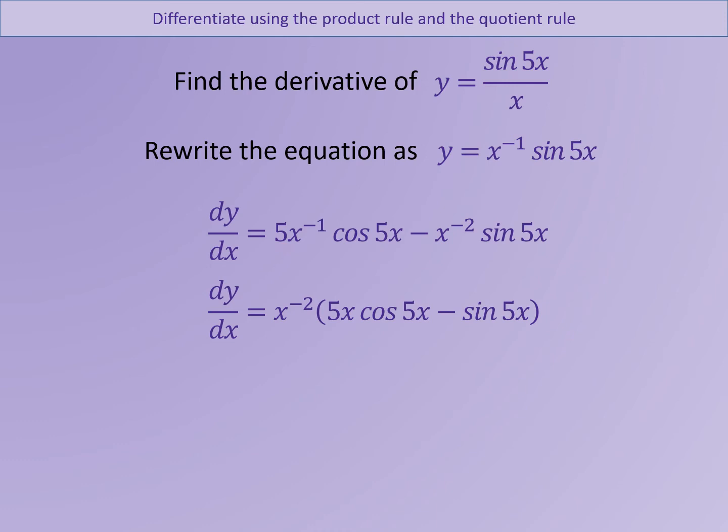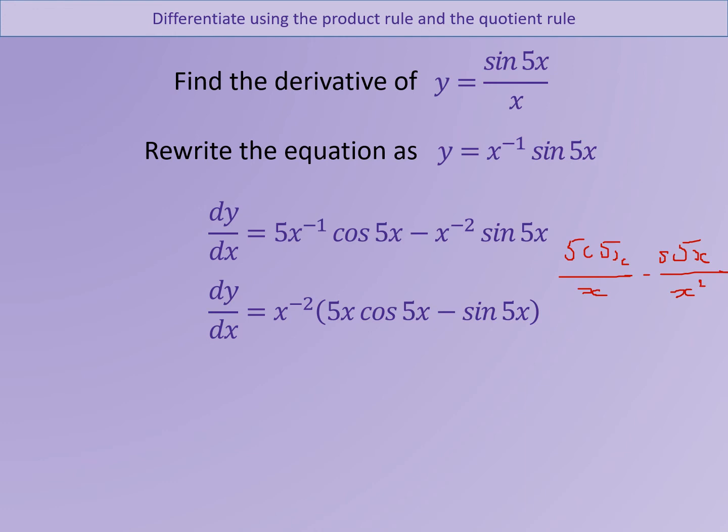So 5 cos 5x all over x, minus sine 5x over x squared. There's nothing wrong with that, except now when you try adding them together